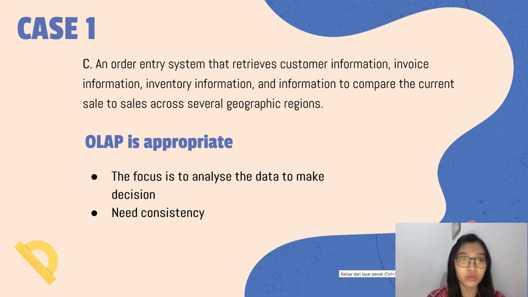So in this case, we also think that OLAP, or the online analytical processing model, is more appropriate because, as we can see here, the main point is to compare the current sale to the sales across the several geographic regions. Thus, our focus is to know and to analyze our sales numbers, which again needs more consistency of information